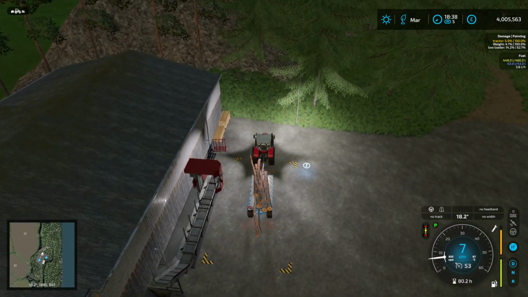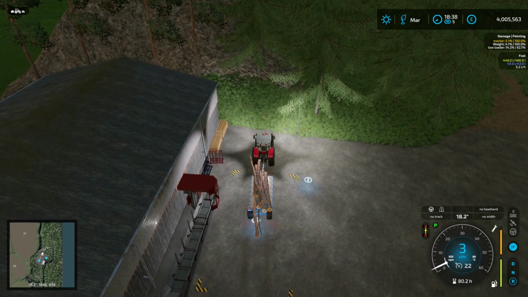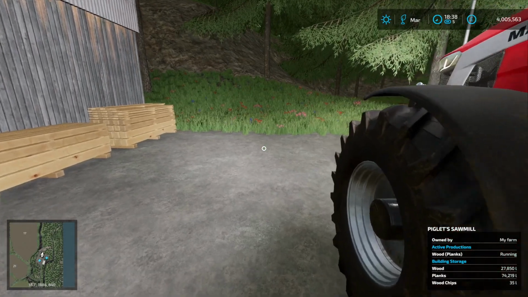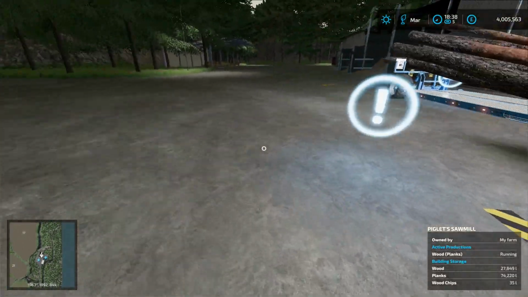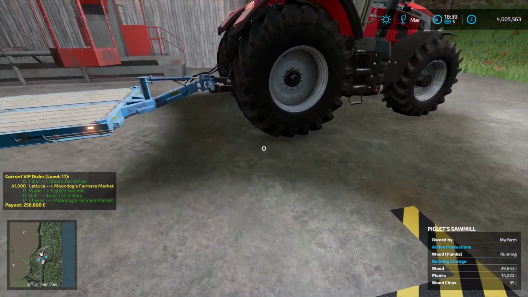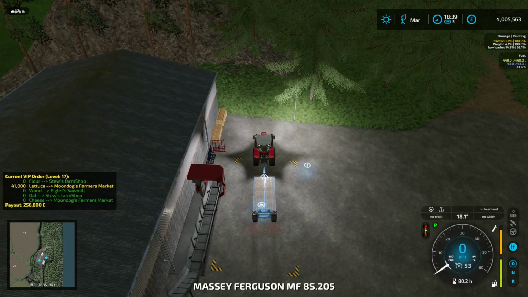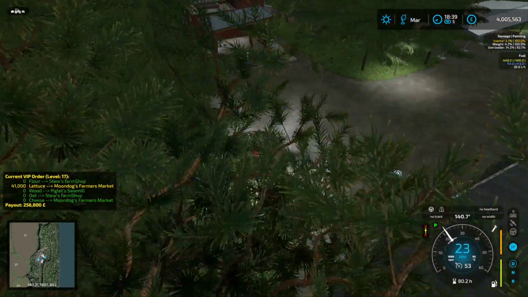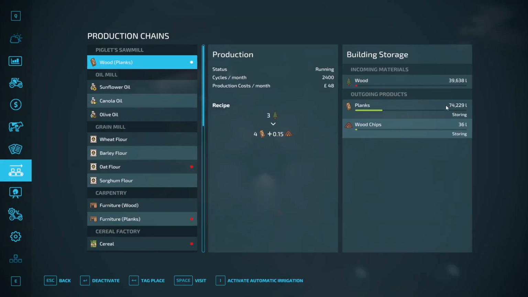Again, let me just slow this down. Whoops. Let this go. We'll have some things fall, but as long as they're on the ground in the right location. And there we go. We're green on the wood. So we have met our demand. And we can get a ballpark of what we delivered here. So you can see